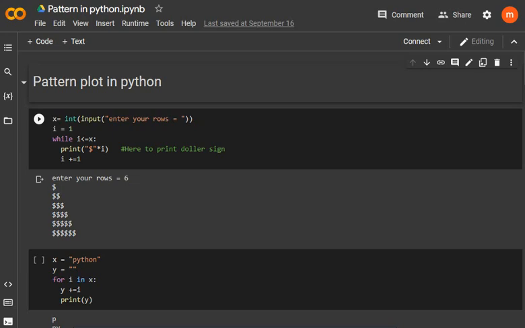I am working in Python using Colab, the Python programming language. Okay, so how to create this type of program? So first